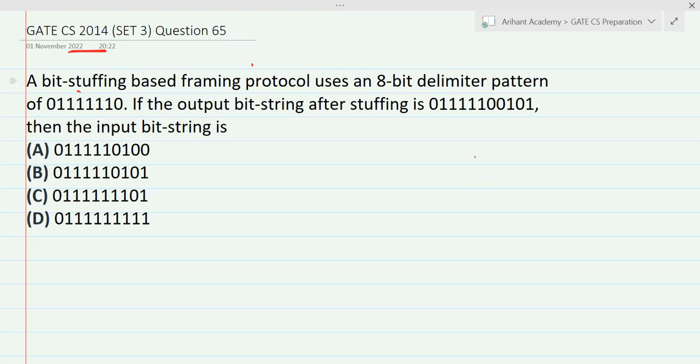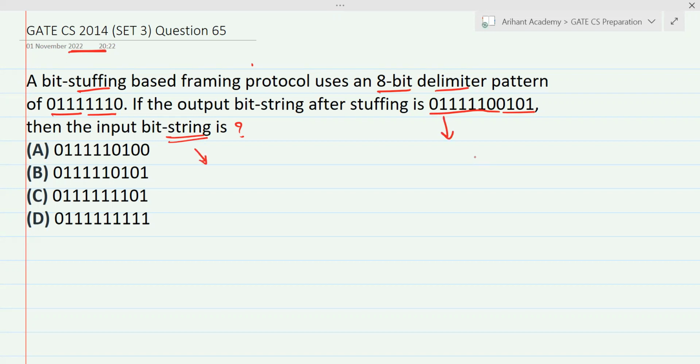The question is, a bit stuffing based framing protocol uses an 8-bit delimiter pattern of 0 1 1 1 1 1 1 0. If the output bit string after stuffing is 0 1 1 1 1 1 0 0 1 0 1, then the input bit string is. So we have been given the output, and on the basis of the output string, we need to find the input bit